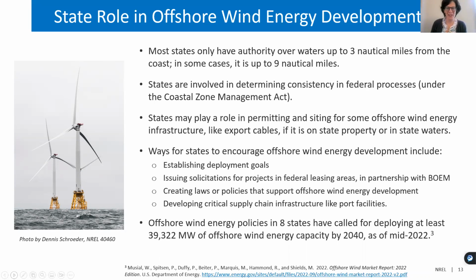In some states, this does vary. It's up to 9 nautical miles. And as someone with a background in island communities, I'll note that inhabited offshore islands are considered as part of a state's coastline. So for example, state waters here in some of the New England states can extend even beyond 20 miles from the mainland part of our coast. But that gives quite a bit of area for states to be focused on.